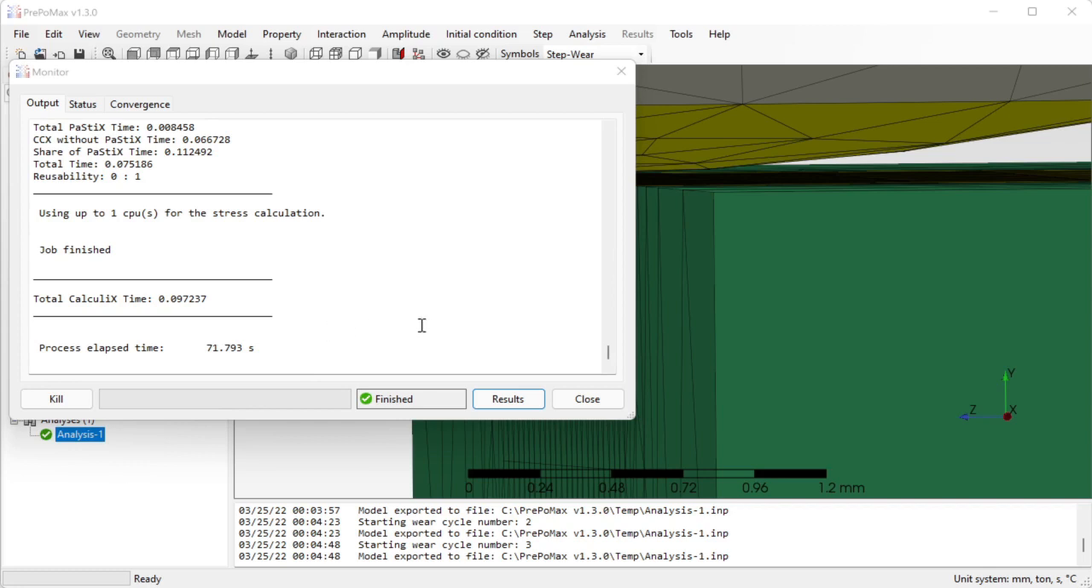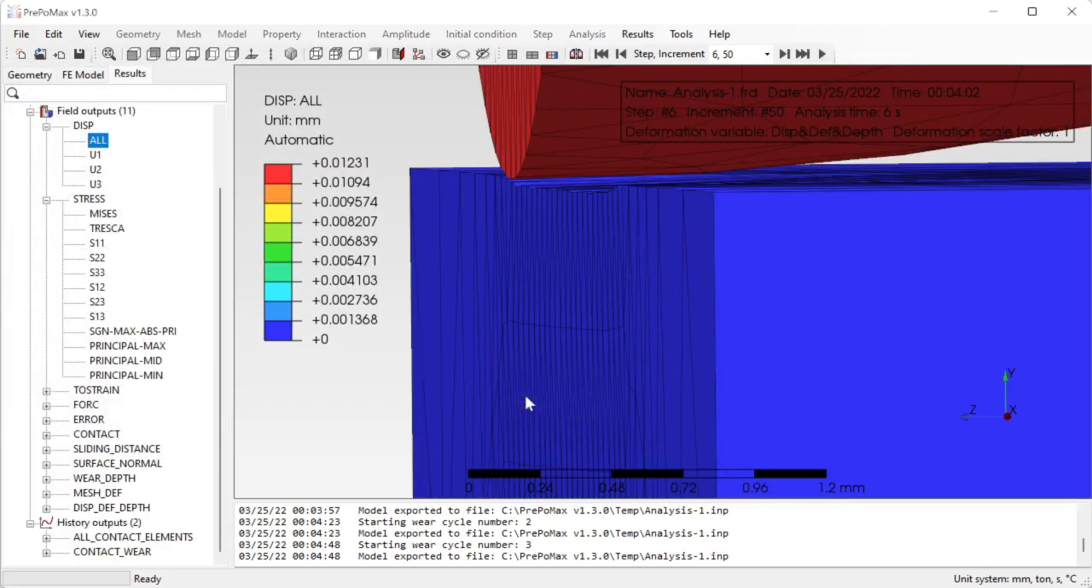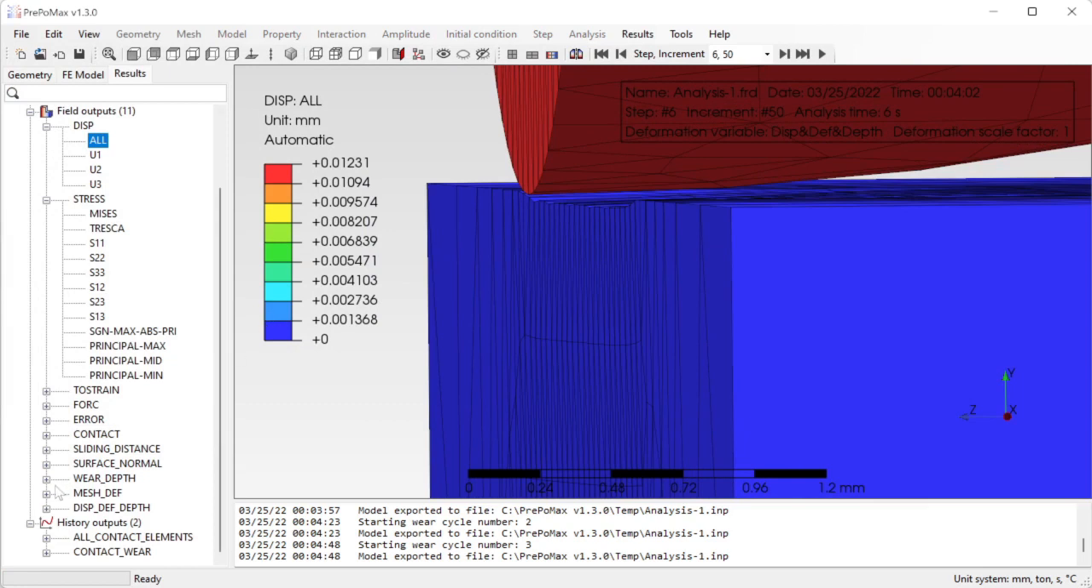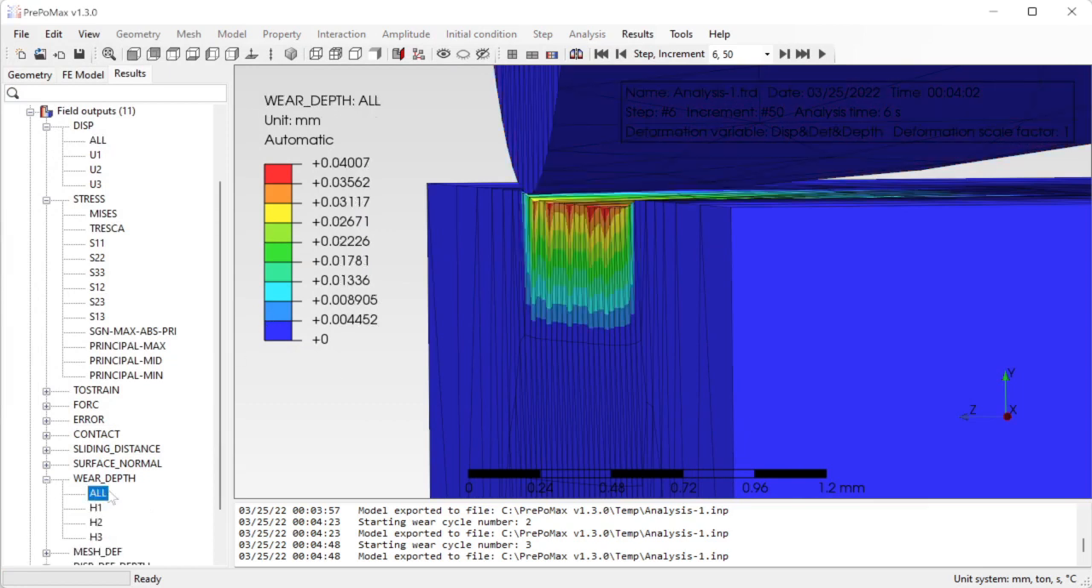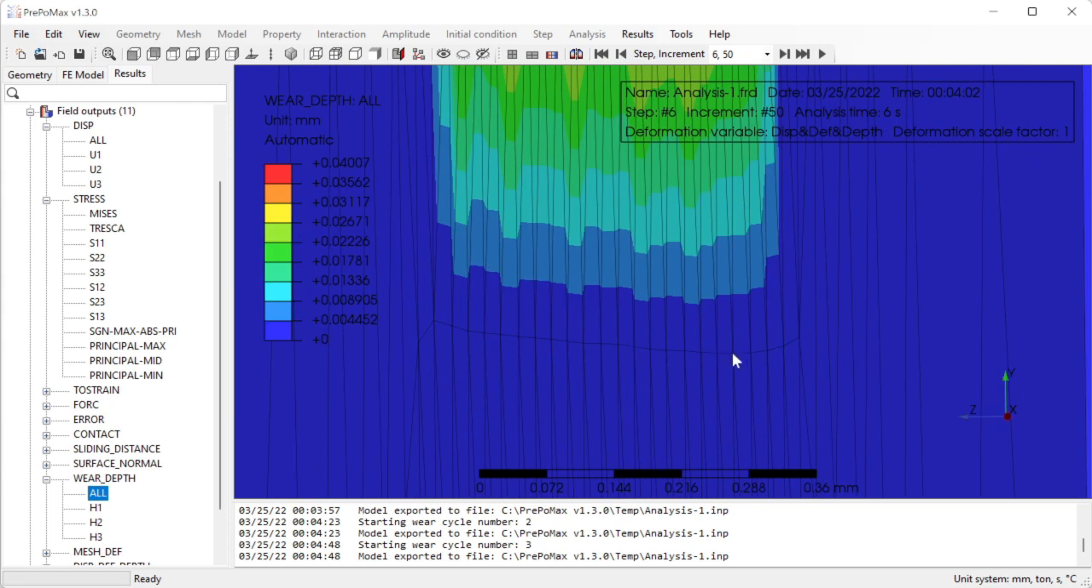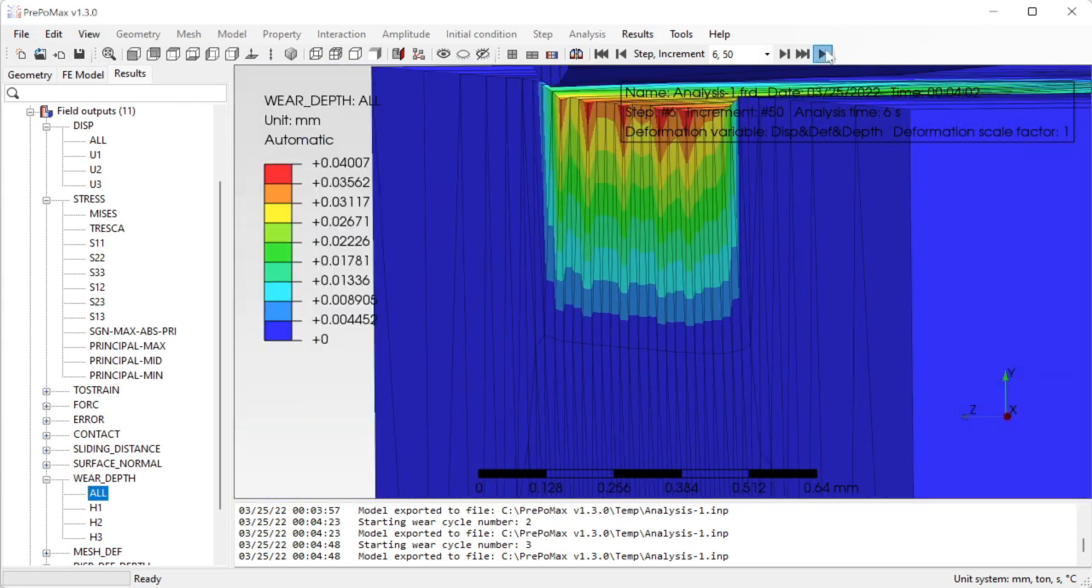After the simulation is finished, I can take a look at the results. And if I just output or plot wear depth, I will see no difference because on the surface everything is exactly the same. But if I take a closer look at the nodes which are one layer lower than the surface nodes, so these are the finite element nodes beneath the surface, and if I play